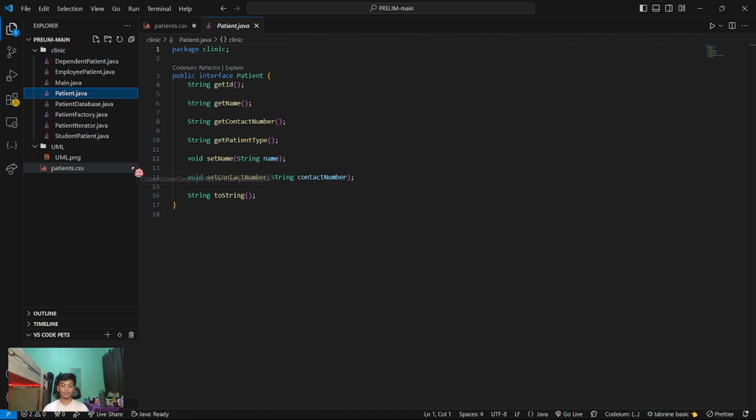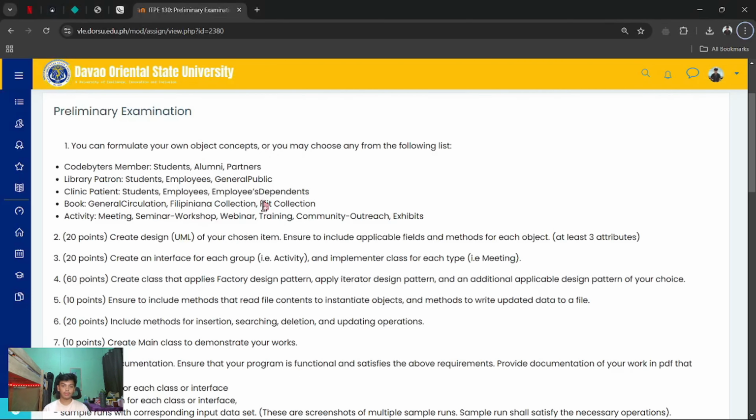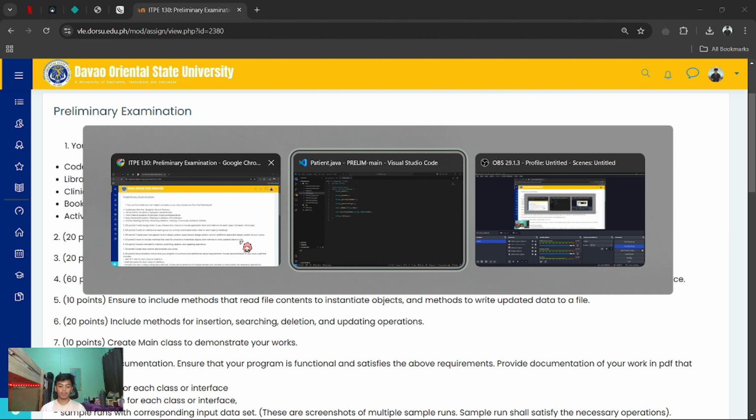So now for the fourth one, the 60 points. We'll create a class that applies the factory design pattern, the iterator design pattern, and an additional applicable design pattern of your choice.